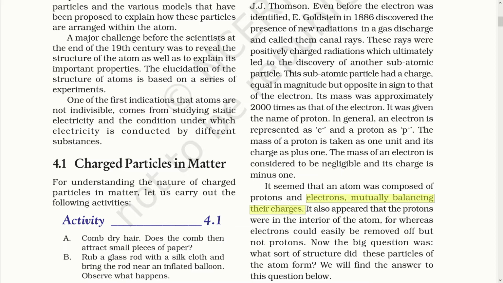As we have read, the protons were discovered much earlier than electrons, but scientists couldn't describe them before the discovery of electrons. Electrons were discovered by J.J. Thomson, but the protons were discovered in 1886 by Goldstein, before J.J. Thomson discovered the electron. But he named them canal rays, which contained a positive charge, contrary to electrons, which carry a negative charge. The mass of the proton was 2000 times that of the electron.